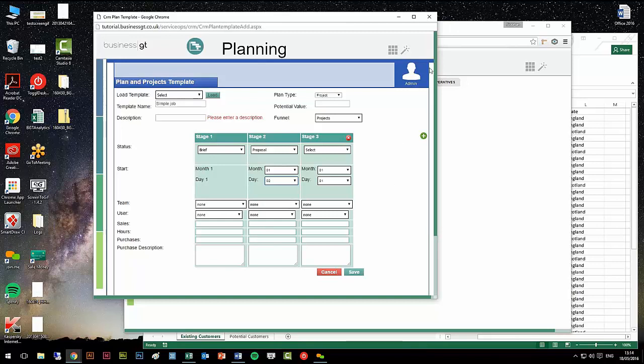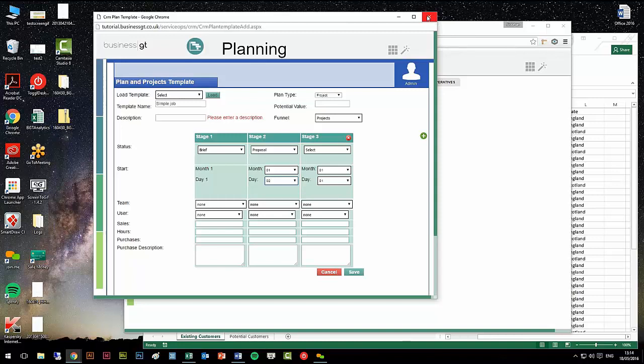So those are some examples of where we can use the funnels and statuses. So I'll leave those for now. If you're interested in planning, I think the schedule is that I'll be doing a planning tutorial tomorrow morning at 9 o'clock. But have a look at the tutorials that are on the website to see when those will be